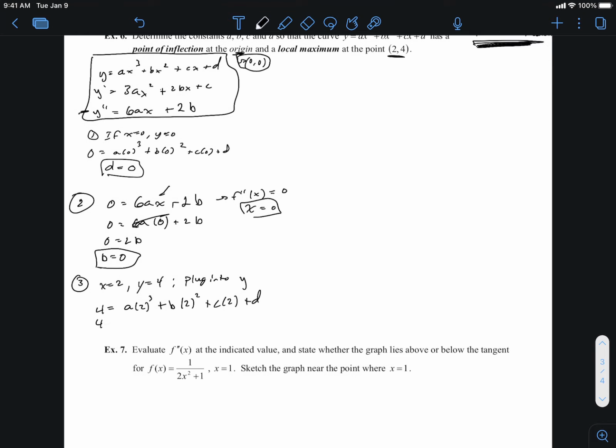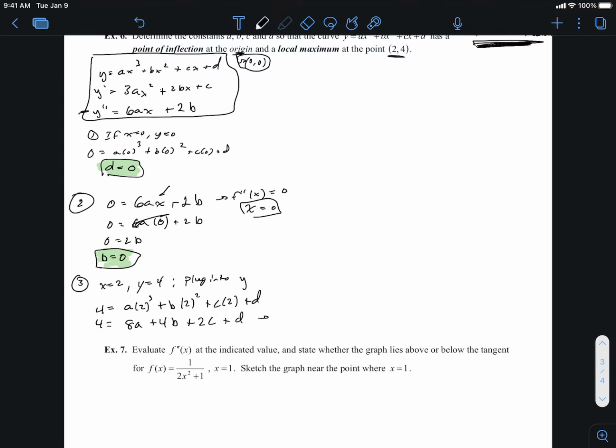Okay, what do we get? Well, we get 4 equals 8a plus 4b plus 2c plus d. Now we already know the fact that d is 0 and b is also 0. So that eliminates